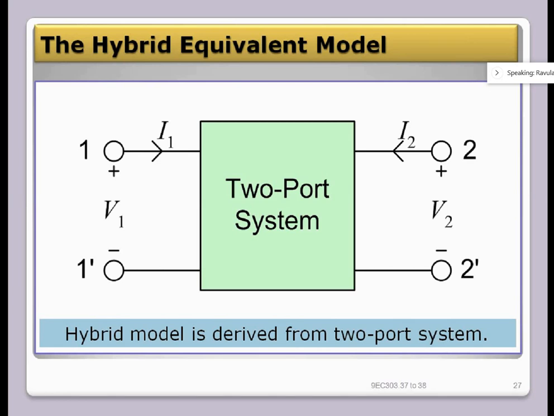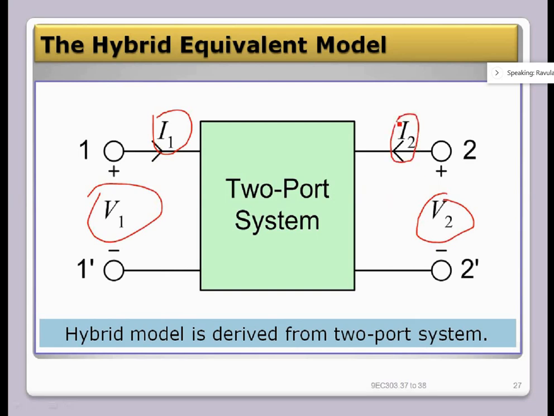Terminal common for both input and output. So with that, the transistor now is like a two-port system where you can find two ports, that is one input port and an output port. And at the input side, you will find input voltage and input current, as well as at the output side, you will find the output voltage V0 and output current I0.